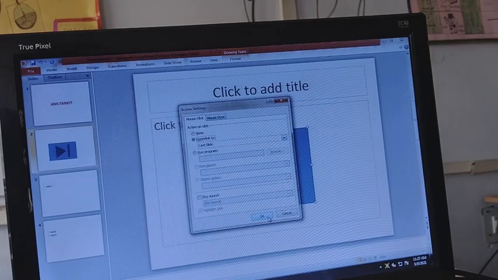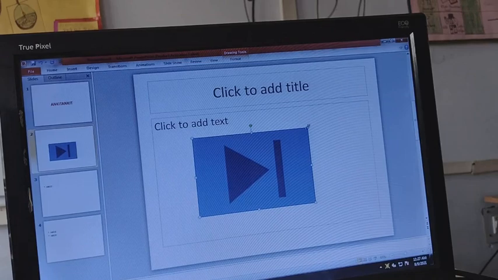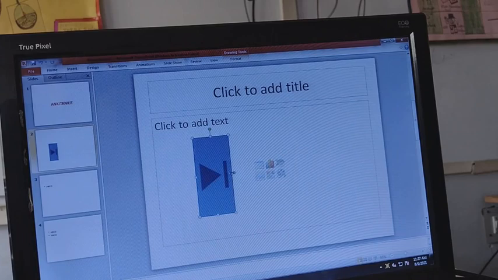This is the play button, so it is asking about the hyperlink. We don't need a hyperlink to play anything. So to change the size, you can see when it comes to the two-headed arrow, when we move the cursor to any of the corners or any of the lines, you will see the two-headed arrow. The mouse pointer changes to the two-headed arrow, then click the mouse and you can change the size as per your requirement.